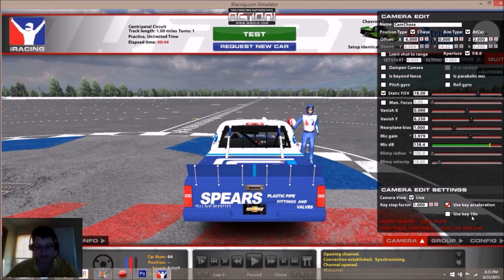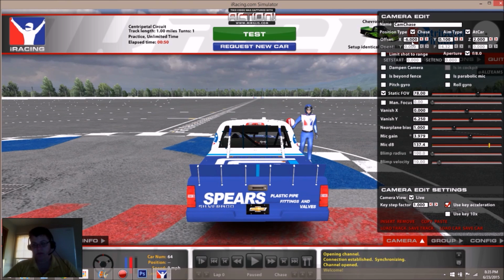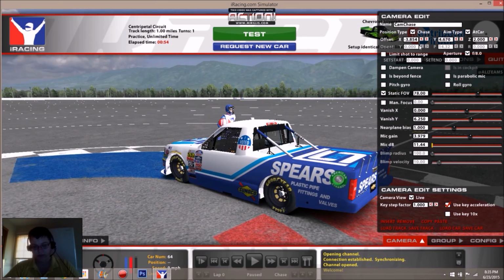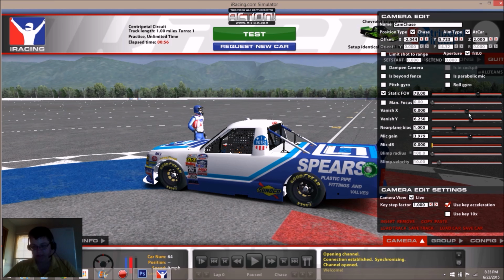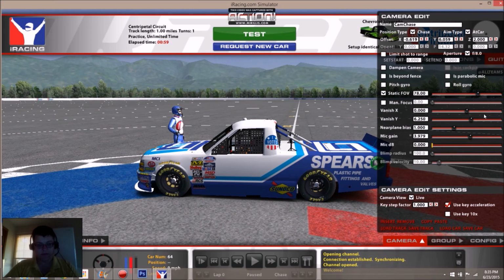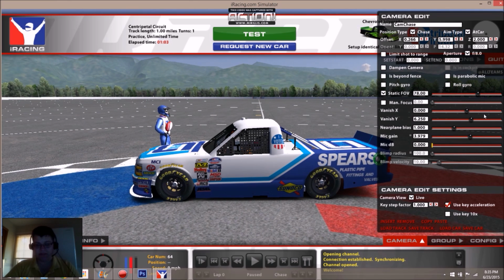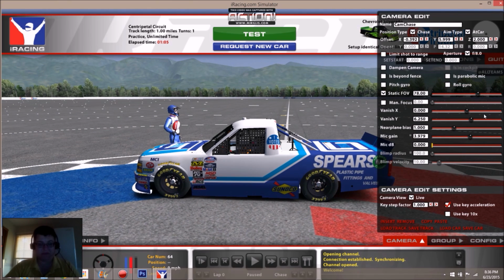Now, normally you'd hit Control F12 to bring up the camera details, in case you didn't know that. So, you can use A, S, D, W, spacebar, and all these nice nifty controls over here to... God, how did I get this truck? I don't know, I must have just downloaded something on the spur of the moment.